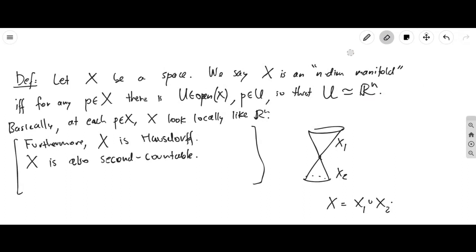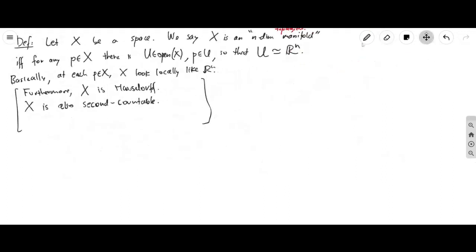And maybe to emphasize, this is what we call a topological manifold. In particular, this is what we have. So let's move this aside. If X is a manifold, let's say an n-dimensional manifold, then we can find a collection